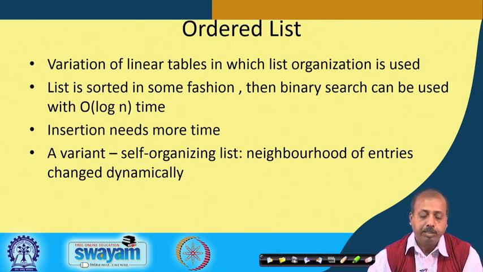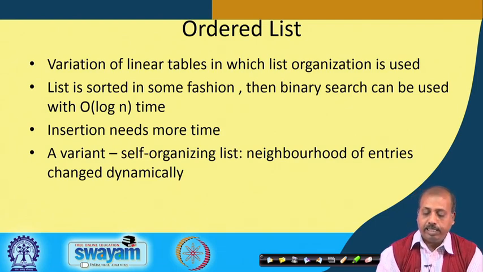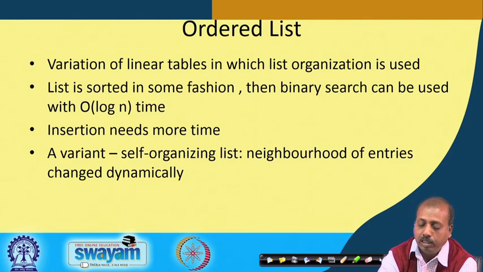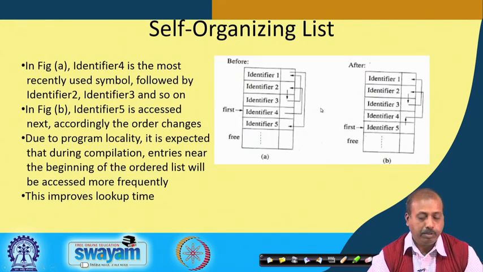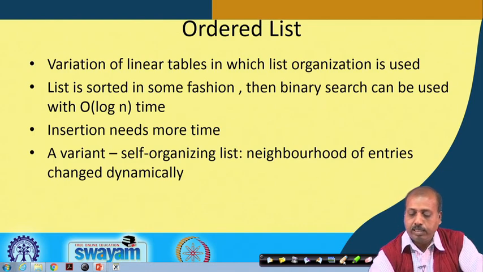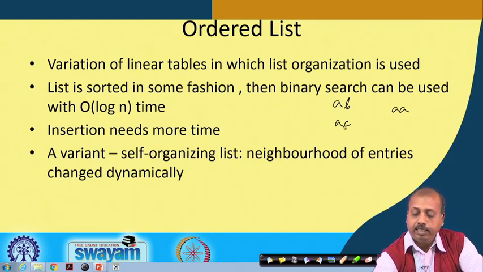However, the problem comes when we are trying to do insertion, because insertion has to be made in ordered fashion. Like if I have in the symbol table the symbols AB and AC, and then suppose I want to insert a new symbol AA. Then the difficulty is that you cannot insert AA at the end, because then the sorting order will be lost. So, you have to have AA at the beginning followed by AB followed by AC.